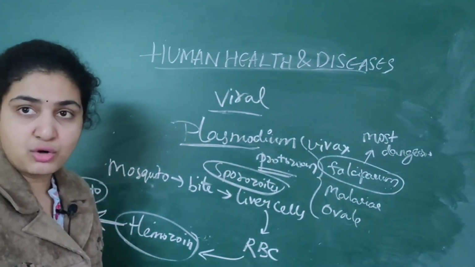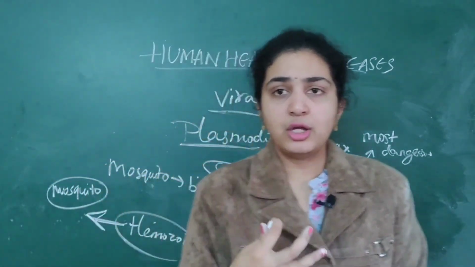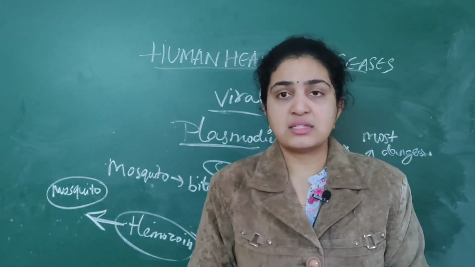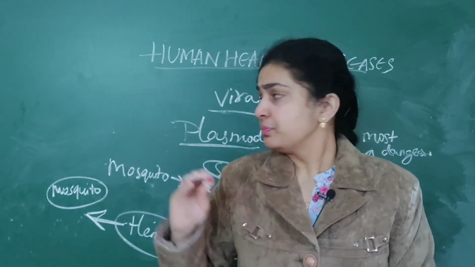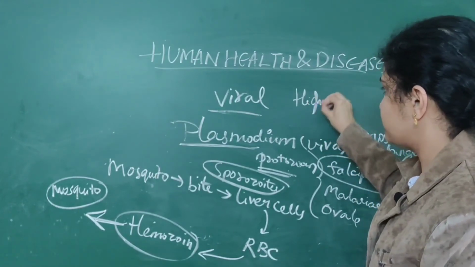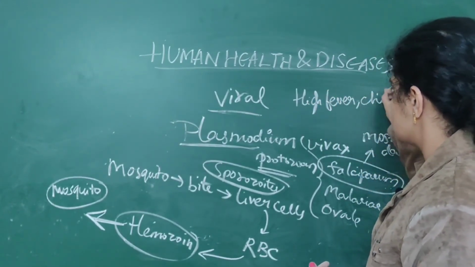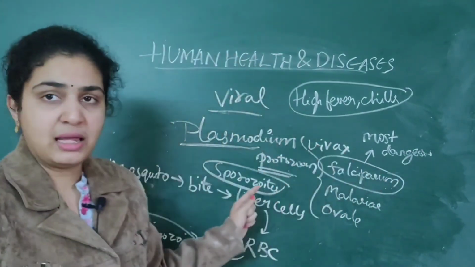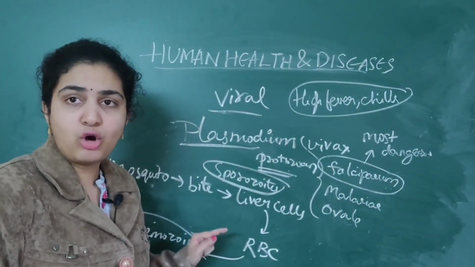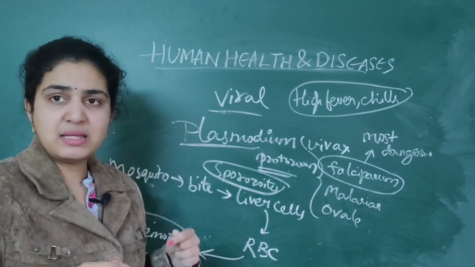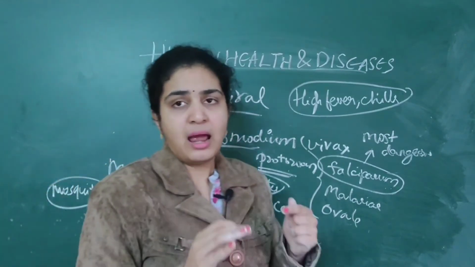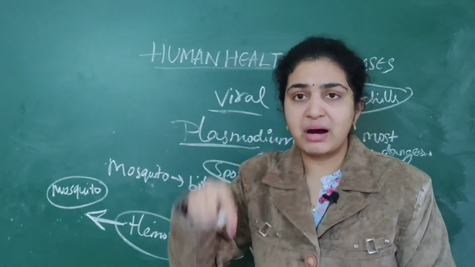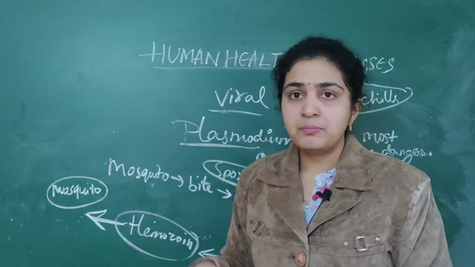Due to the hemozoin which is released in the human's body, the humans will suffer from high fever as well as chills for 3 to 4 days. Later when they take tablets it will subside. So high fever as well as chills are the main symptoms associated with malaria, due to the release of a pigment called hemozoin. The patient will suffer fever every 3 to 4 days, and after you take tablets it will subside. But in the meantime, if another mosquito comes and bites this infected person,